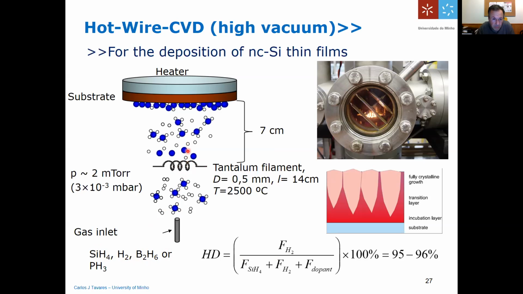And for example, you will have only the position of silicon, or only the position of carbon if you use methane, or only the position of boron if you use this type of gas here. And normally, when you do this, you have to have high vacuum before